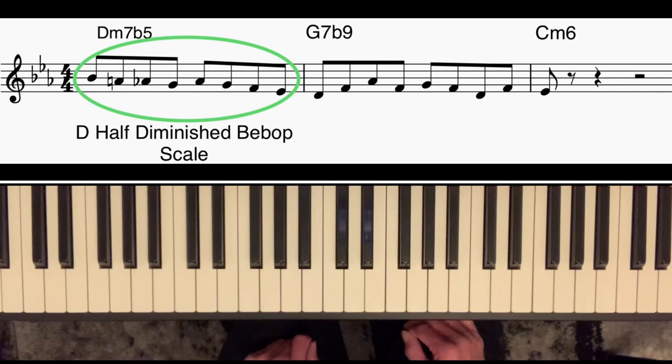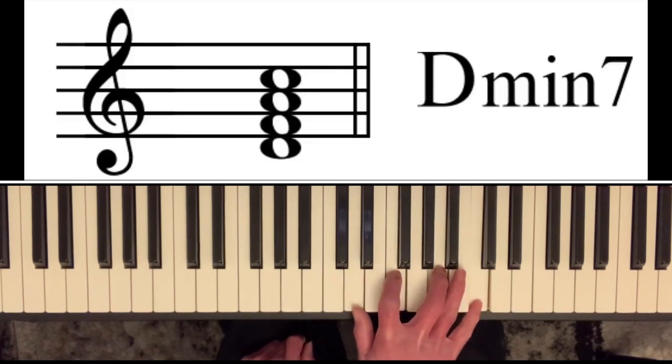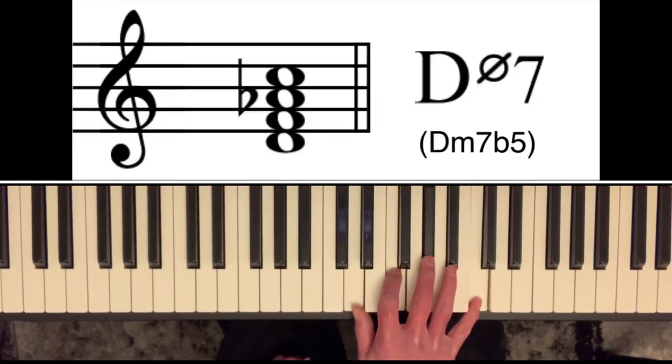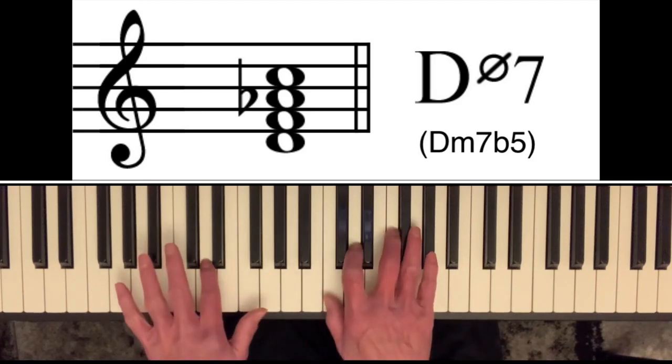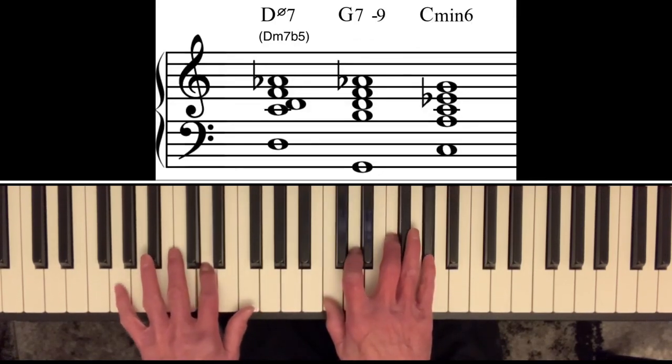A half diminished seventh chord is also known as a minor 7 with a flattened 5. We take a D minor 7 chord and flatten the fifth of the chord, the A, make it A flat. We have a D half diminished seventh chord, which is also known as a D minor 7 with a flat 5 chord. And in a minor key, chord 2 is a minor 7 with a flat 5. So for instance, in the key of C, 2-5-1 would be D minor 7 flat 5, going to G7,